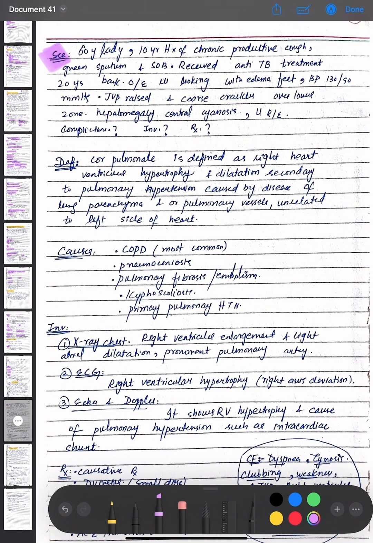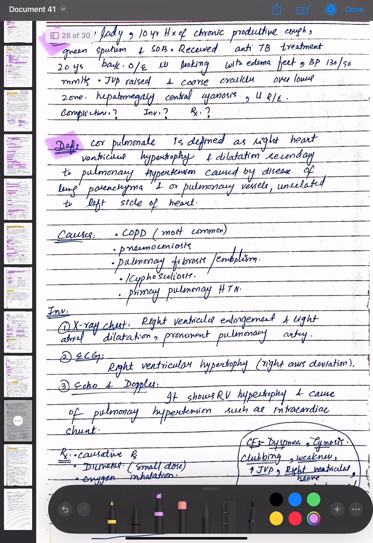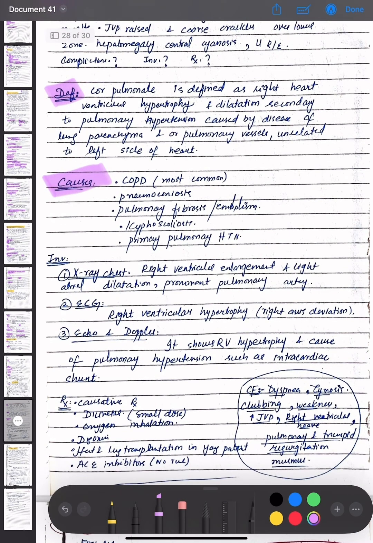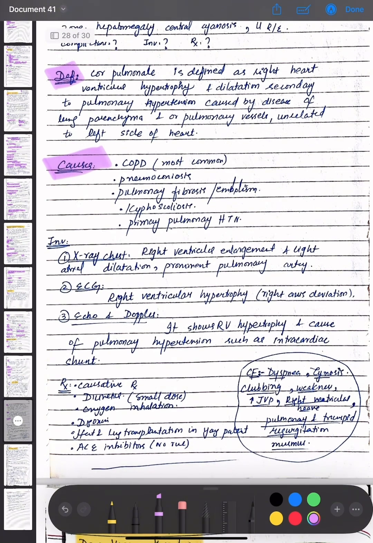So, cor pulmonale is defined as right ventricular hypertrophy and dilatation secondary to pulmonary hypertension, which is caused by disease of the lung parenchyma or pulmonary vessels, unrelated to the left side of the heart. The causes are chronic obstructive pulmonary disease, which is the most common, pneumoconiosis, pulmonary fibrosis or embolism, and kyphoscoliosis,